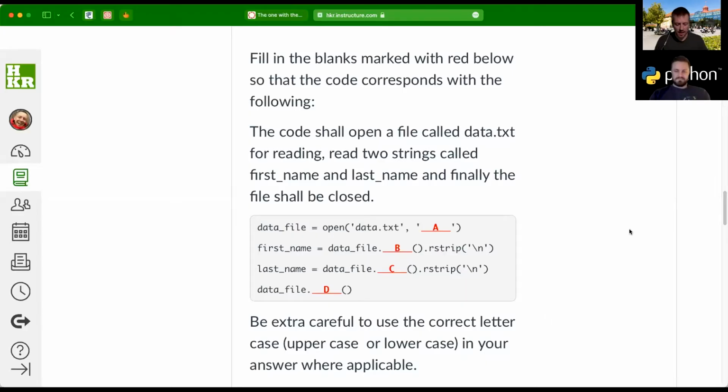All right, so this is one of the questions, question number 3. And for this one, you should fill in the mode and how you read the first name and the last name, and then the last one here is that you close the file too. But here for B and C, there were quite a few of you who answered read. And we cannot use read here